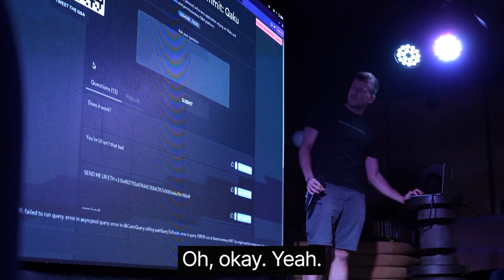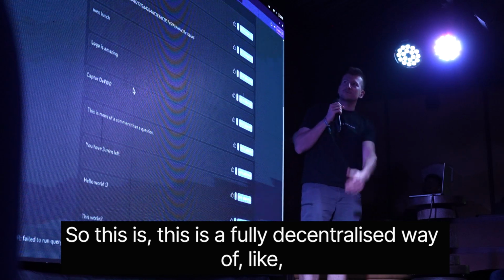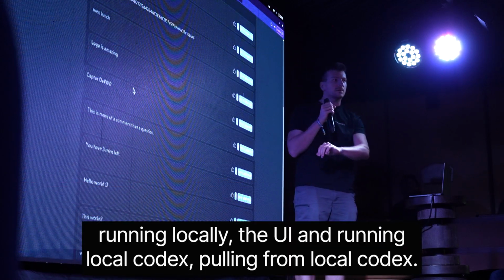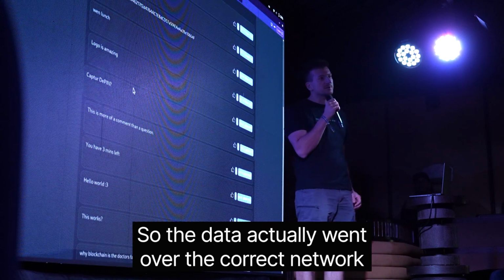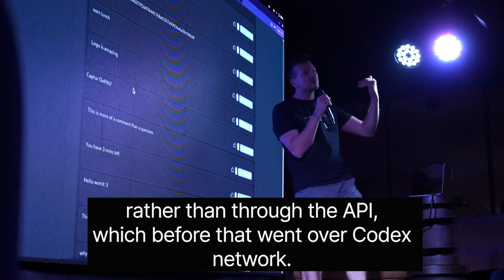But hey. Yeah, so this is a fully decentralized way of running the UI locally and running local Codex, pulling from local Codex. So the data actually went over the Codex network rather than through the API, which before that went over Codex network, but